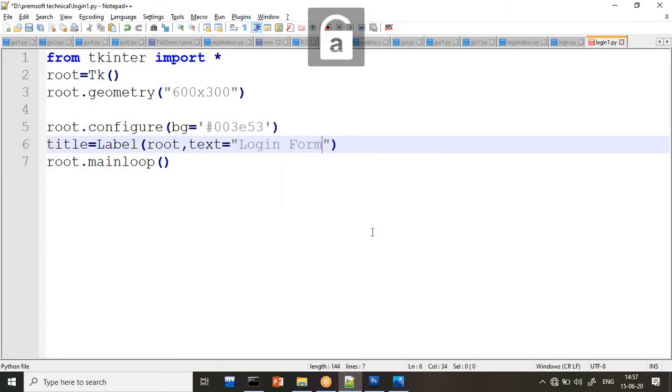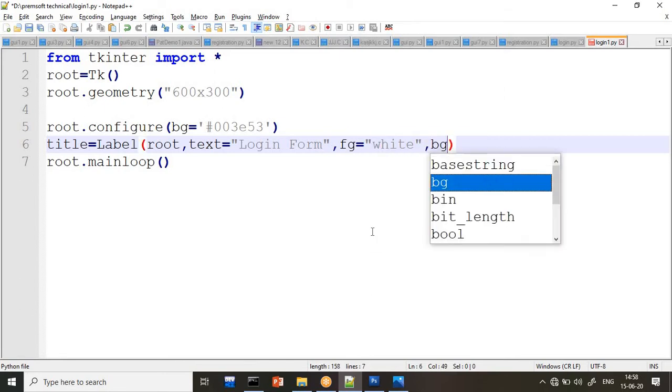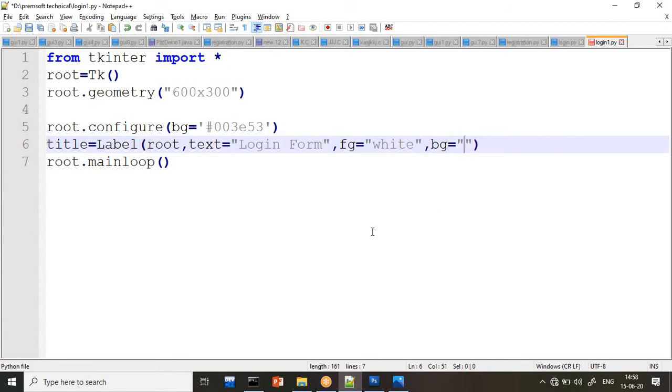After that, foreground color. Foreground color is nothing but font color. What font color do you want? I want white because I want the text color to be white. Background color: what should the background color of this label be? I want the same color which is there in this background, because it should match. So I will give this background color.